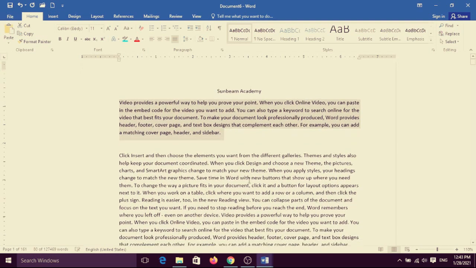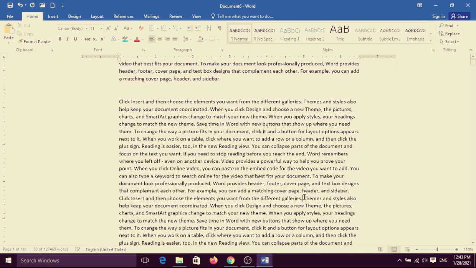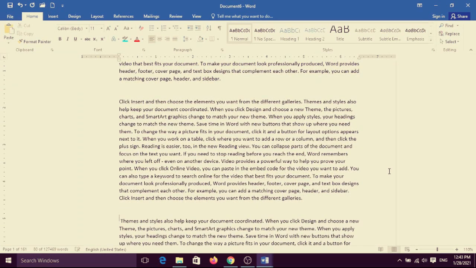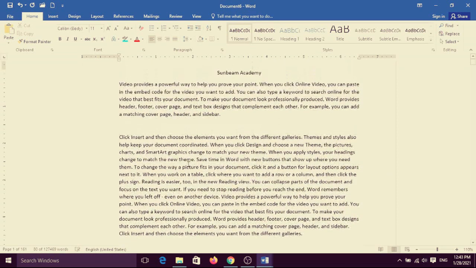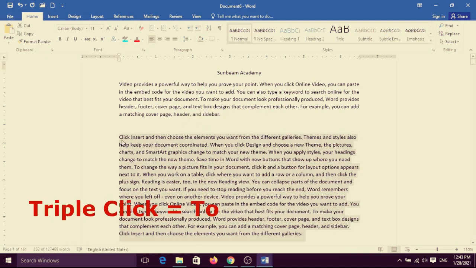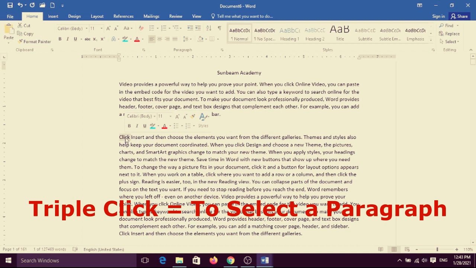Suppose I have chosen once again the second paragraph here. Yes, when you double click anywhere on that, your text will be selected, or if you triple click on that, your paragraph will be selected.